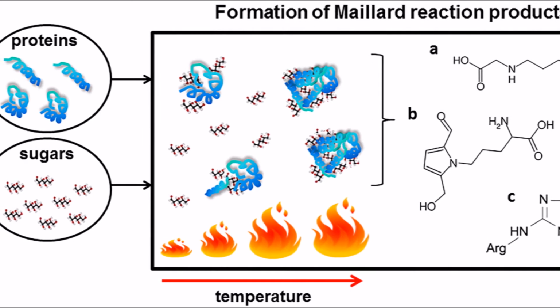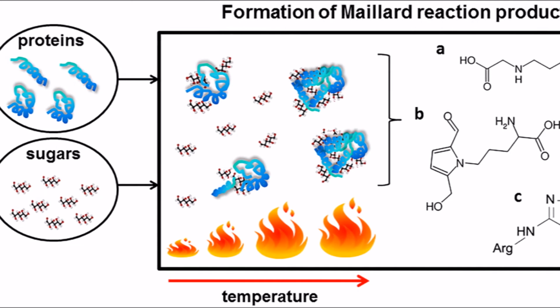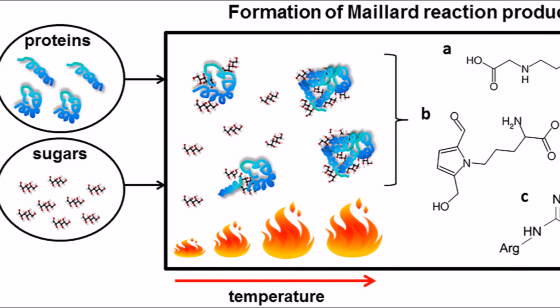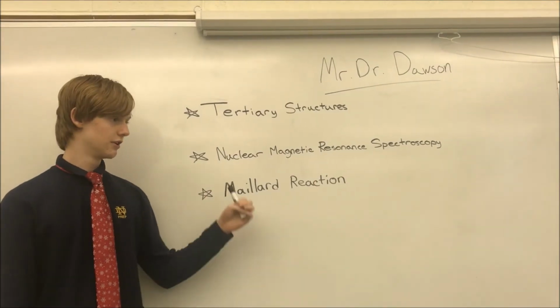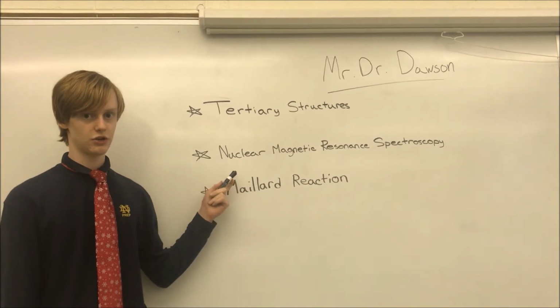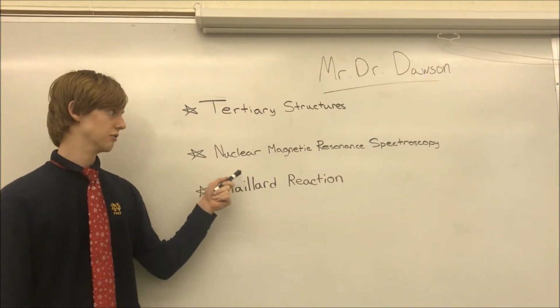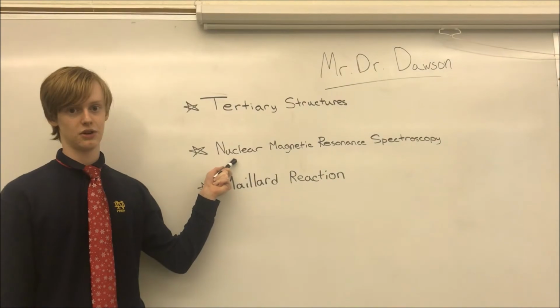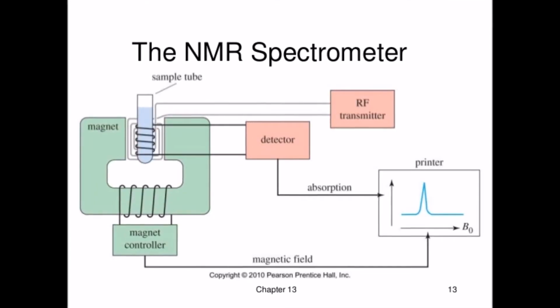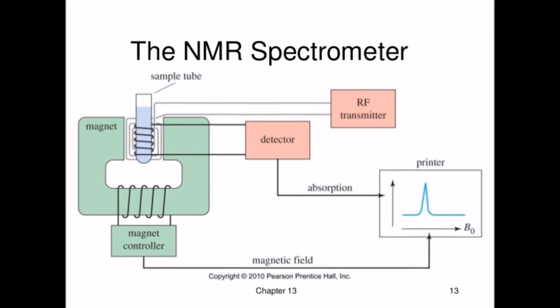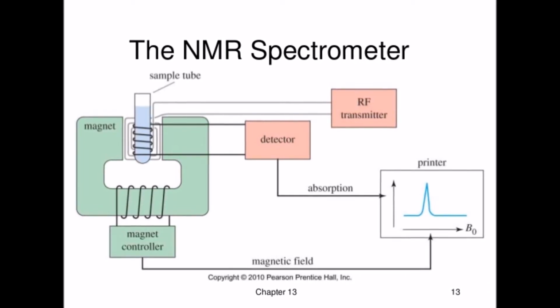With the changes in molecular structure of the protein from the Maillard reaction, you could be allergic to only cooked peanuts or raw peanuts, for example. We can determine the structure of these denatured proteins and the Maillard reaction products through nuclear magnetic resonance spectroscopy. These altered proteins can be examined through nuclear magnetic resonance spectroscopy, also known as NMR, in which the molecular shape